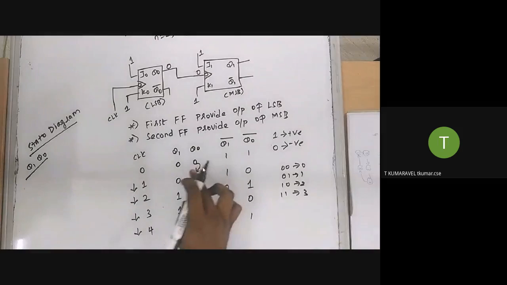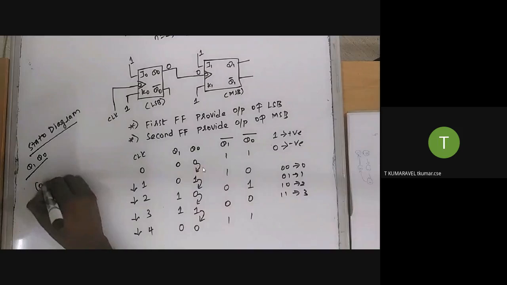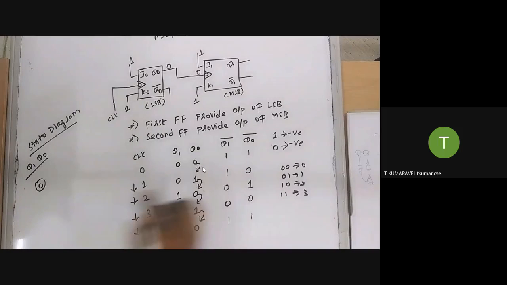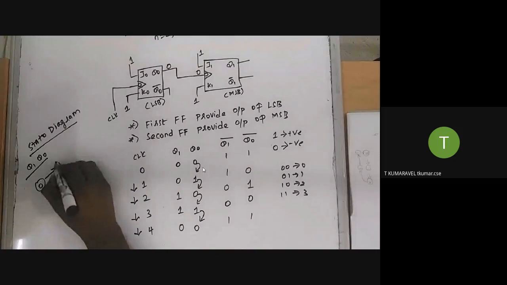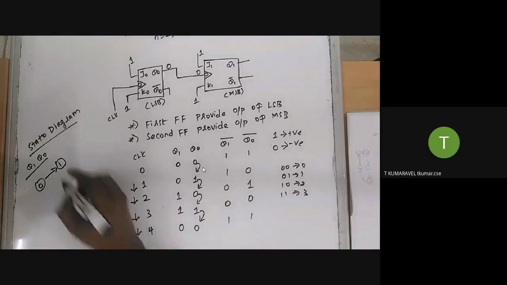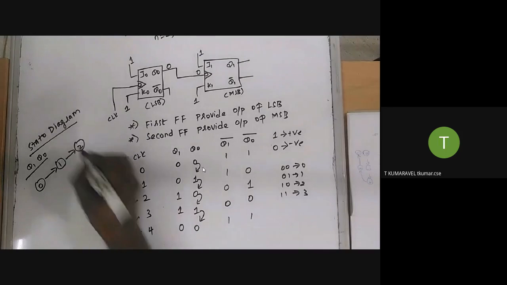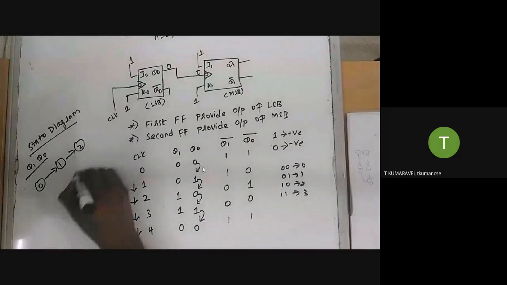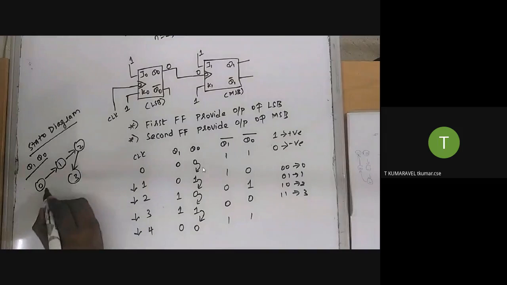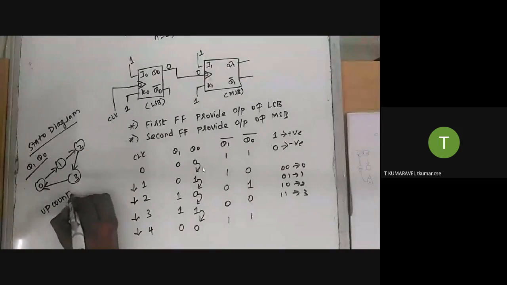So the initial state is 0, 0, which is 0. Next one is 0, 1, we call it 1. The next state is 1, 0, called 2, and then 1, 1 is called 3. Again it will reset to 0. So this Q1 and Q0 we call an up counter. It provides the functionality of an up counter, whereas